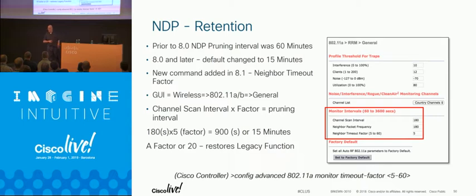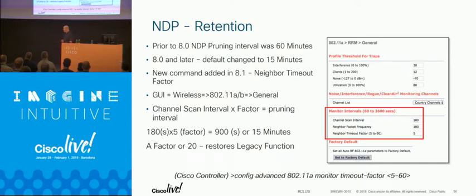In 8.0 and later, the default was still 15 minutes, but you could actually manipulate that value, and that's what changed. So if you've never touched this, know that, and in fact, I think the latest code that's shipping right now, we put the default back to 1 hour. Initially, it was thought that this wasn't a problem anywhere but in high-density environments, such as a conference center. And then we started to have carpeted office space show some signs. And so they finally did put the default back to 1 hour. It took a little while, but they did.